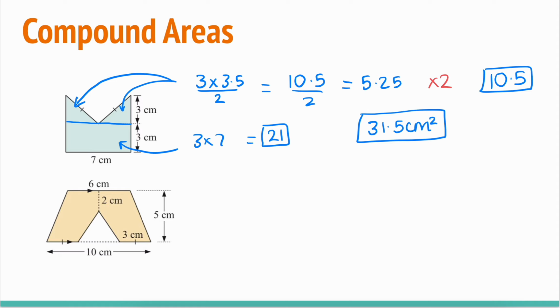The second one here, we could spot that this is a trapezium. We have those 2 parallel lines and then they're connected, so that's a trapezium. And this here is a triangle, so we could take the trapezium and we could subtract from it the triangle, which will leave us left with that kind of bridge or tunnel shape. So for the whole trapezium,